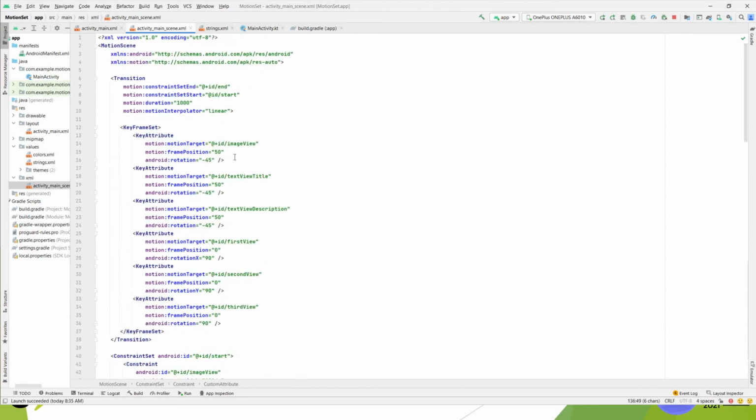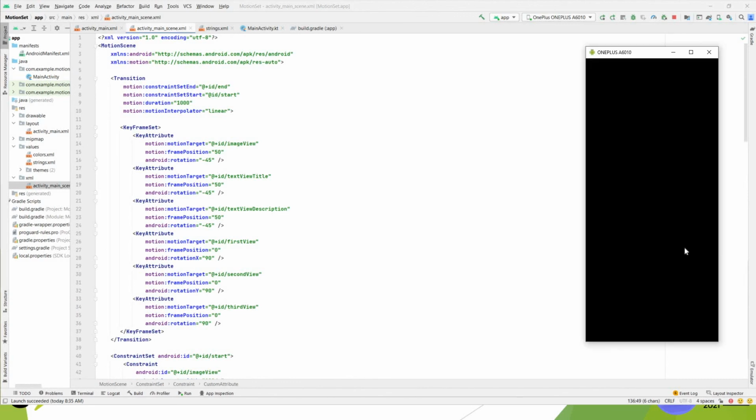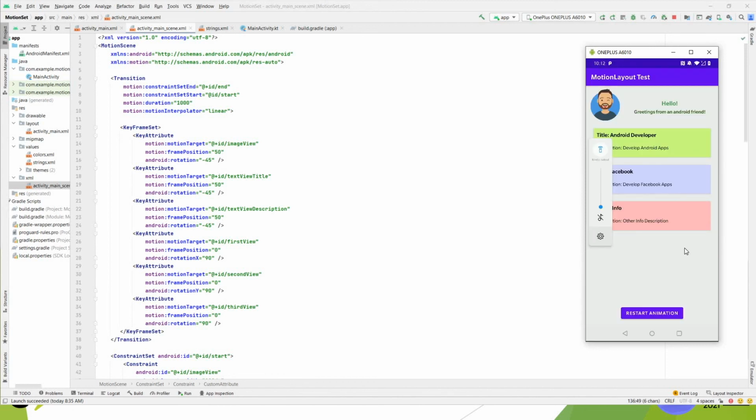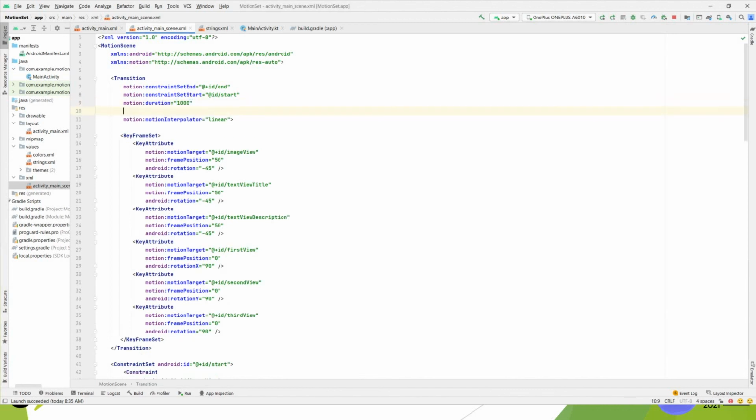So now we have the transition, but if we run the app, we will see that the transition is not working. So let me show you like this. I have a phone connected here, and basically this is the animation, and nothing happens because nothing is triggering the animation. Okay, I can set auto transition animate to start to end, sorry, to end, because we want to animate from the beginning to end. And now